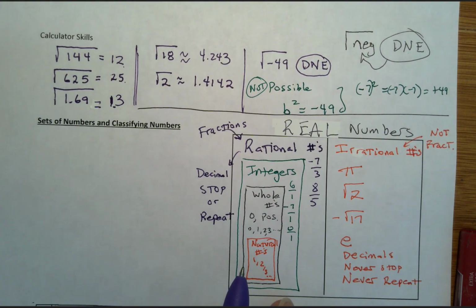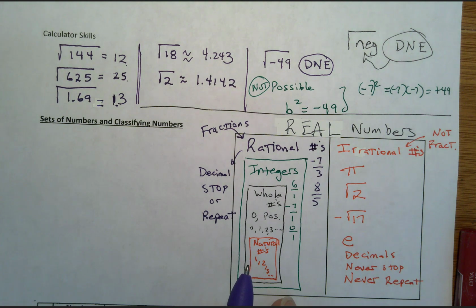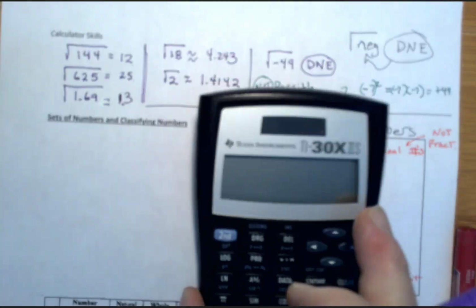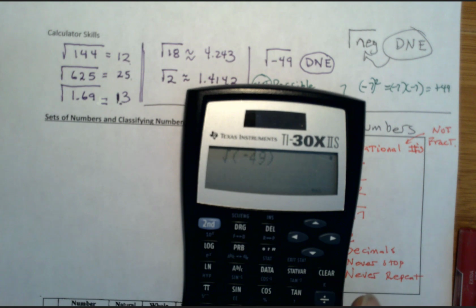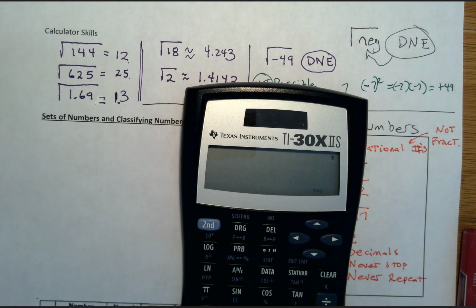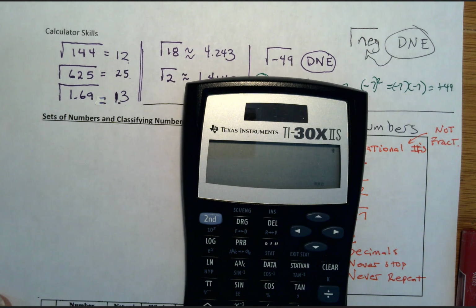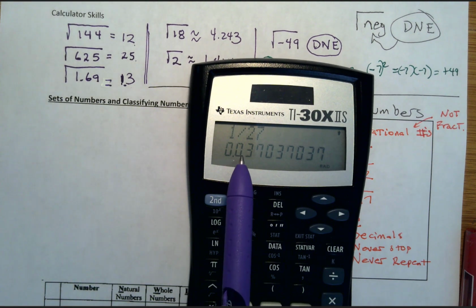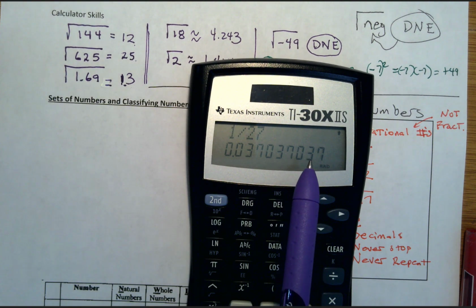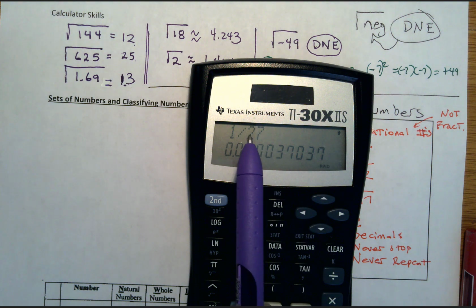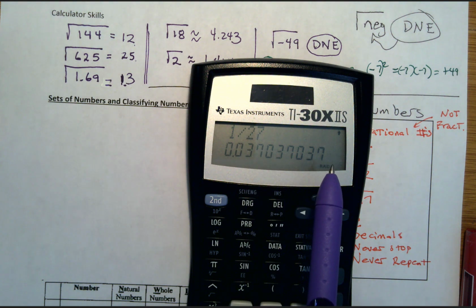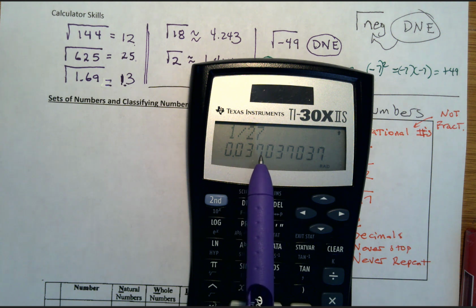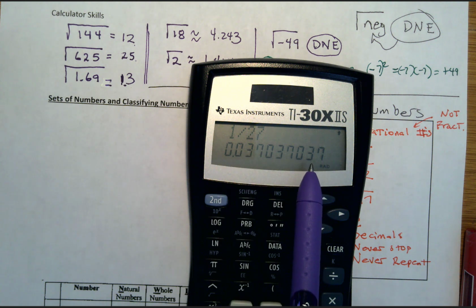There are other numbers where the decimal repeats, like, let's see, 1 divided by 27. It's a fraction. And if you look at that, you get 0.037, 0.037, 0.037. That's a rational number, and its decimal is repeating on us. If you get any decimal that repeats, you know it's